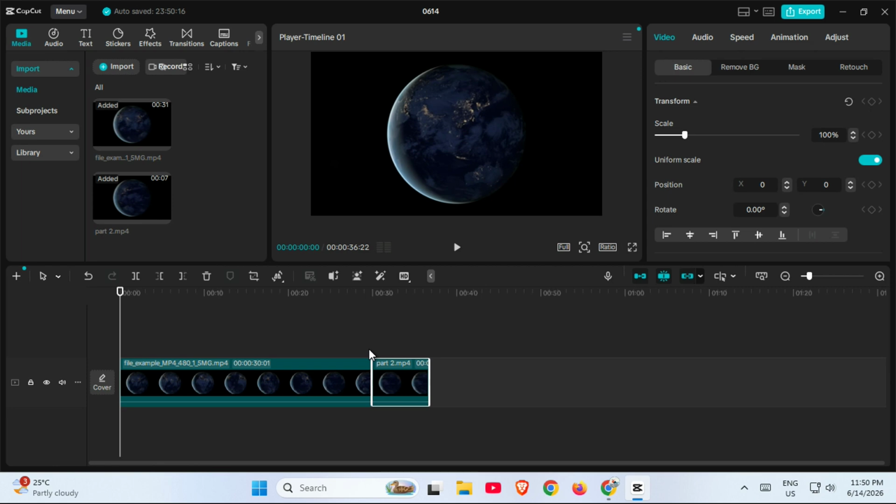Once the clips are on the timeline, arrange them in the desired order by dragging them left or right. This is the part where you decide the flow of your final video. For example, if you want your intro first, then your main scene, then an ending clip, just move each piece into the correct position. CapCut makes this easy because you can click and drag each clip until it sits exactly where you want it. If the order looks wrong, simply swap the clips around until the story makes sense from